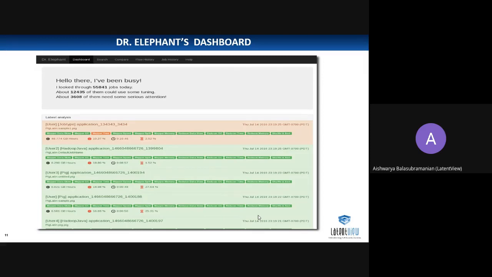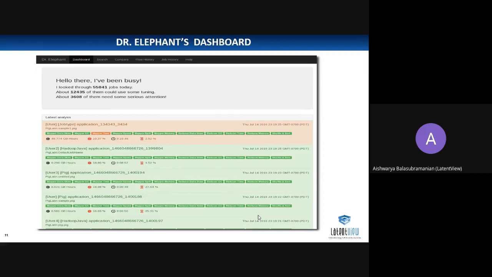Okay, so this is just an overview. You have a search tab, a compare tab, a flow history tab, job history tab, and a help tab. So this search tab is nothing but you can go and search for individual applications. With the compare tab, what you can do is you can just put 2 applications there, and you can try to understand that, okay, how one application performed over the other, or what all heuristics I have applied on this, or which heuristics have not applied on the below job, because of which it is taking time.